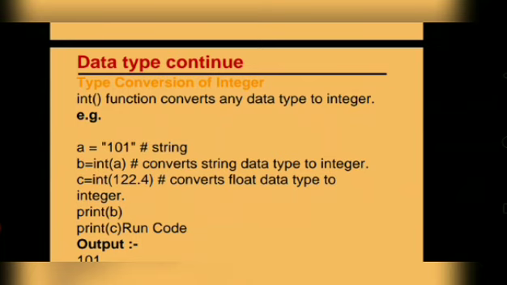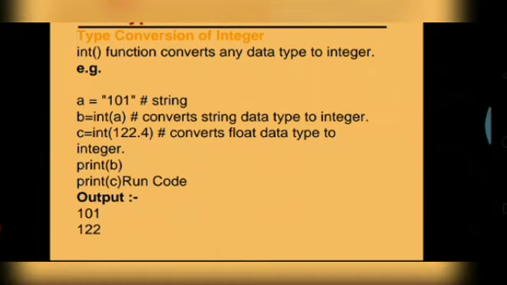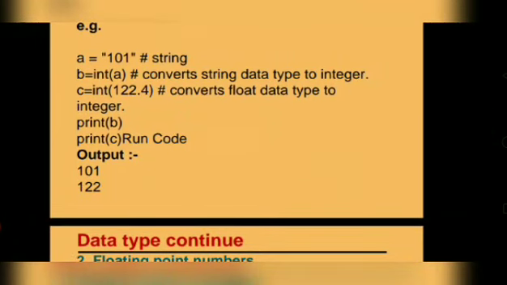So here data types continue. In data types we have, as you are aware, the int data type. It is used for converting one data type to another data type. Like by default, whatever we are typing, it is a string. So we need to convert it with the help of the int function. We can convert into integer, so we can do the calculation. Look at the example: a equal to 101, then we are converting this value into integer format. Same here, we have a float value, we are converting into variable c in int format. See the output also here.